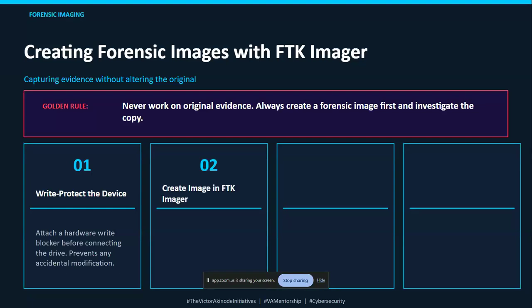Then two, create image in FTK Imager. Then we are going to be creating that particular image in FTK Imager. As you can see, it says file, then create disk image, select source, then choose E01. I'm going to explain what this E01 is, or DD format, set destination path. There's also raw format and a lot more. I'm going to explain it when we get to that step.